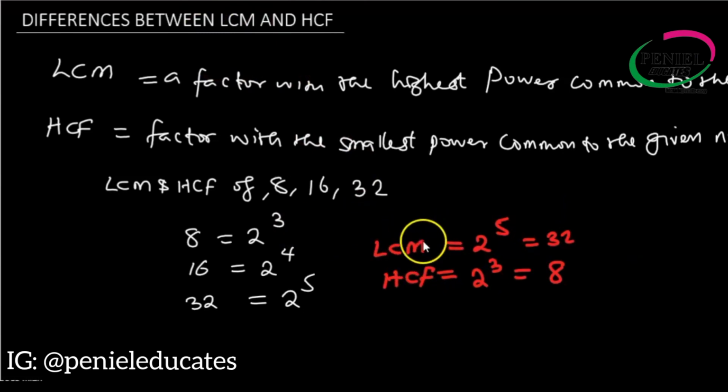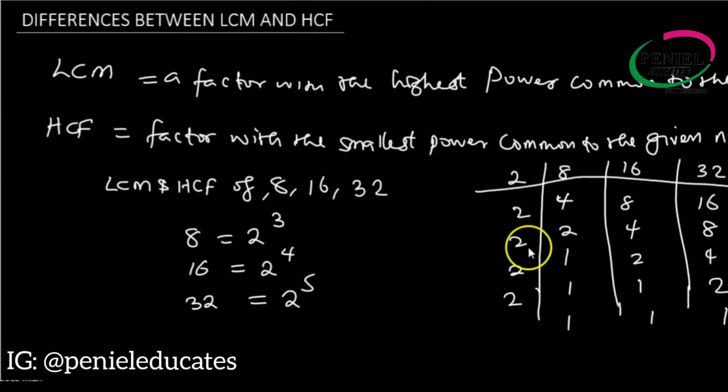Indexing, do the repeated divisions to do all this. Okay, so let me just do that. If you want to use the long division method, we're going to have these two. This one goes, this one goes. All right, and the LCM, like I said before, everything that I have here is 2 raised to power. So the LCM is actually 2 raised to power 5. It's everything here now. But for the HCF, highest common factor, I said we're going to look at